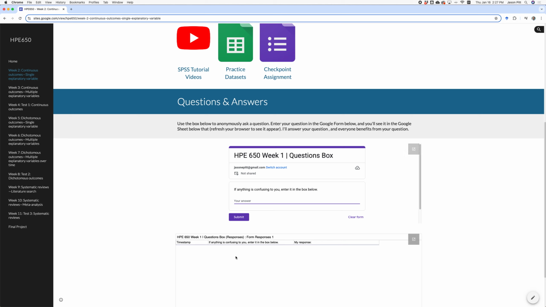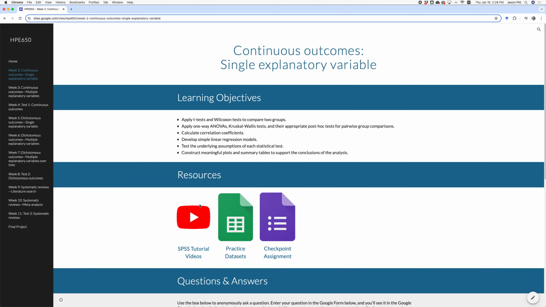But when you do that, it'll show up down here. I'll write a response over here. If I think it needs more than a written response, I'll record another video and give you an answer to that. So I don't know what you don't know unless you enter it in the questions box. And so each week has a questions box. Please use them. And there'll be different boxes for different weeks.